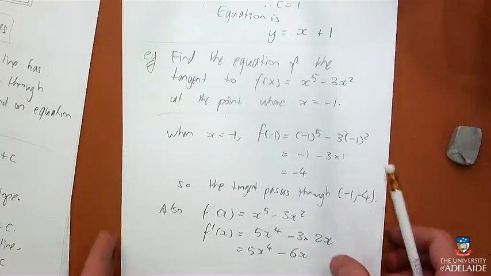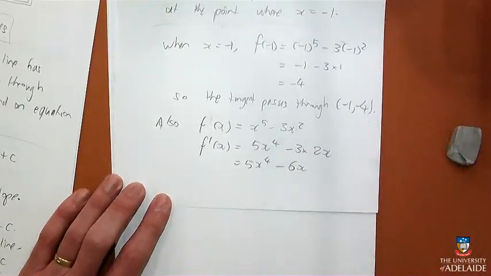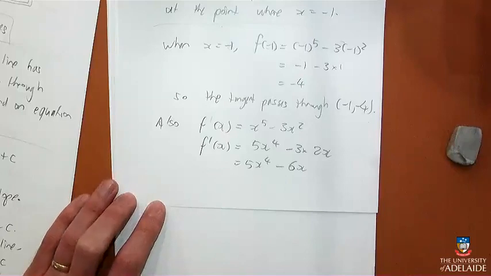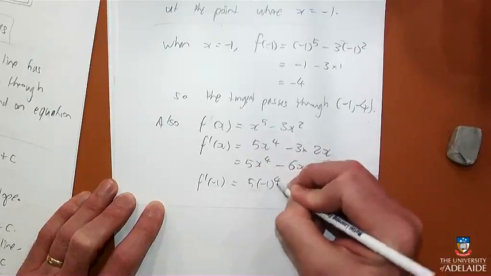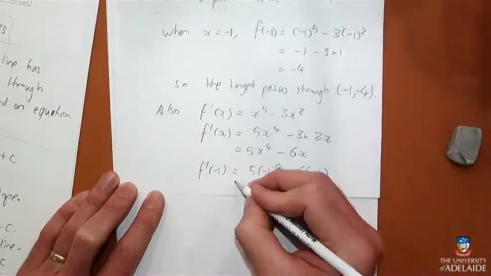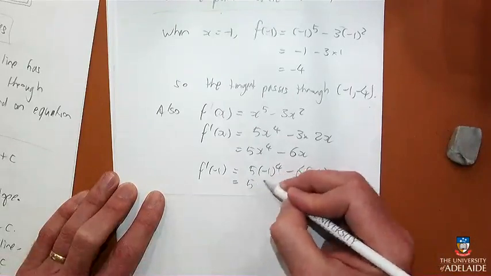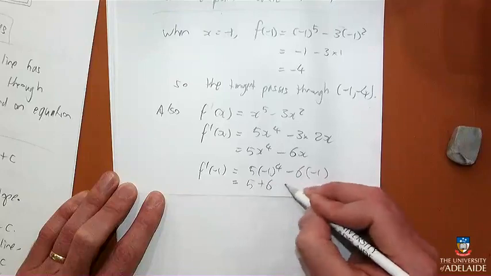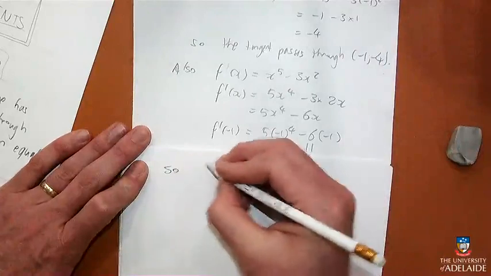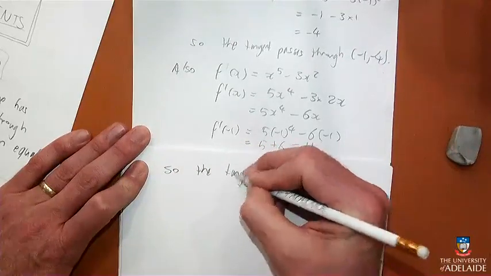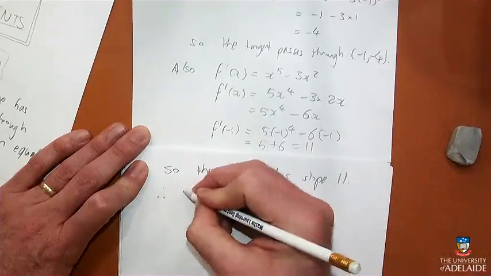Okay. And so f dashed x, if we sub in the minus 1, that'll tell us what the slope is. Now, f dashed of minus 1 would be 5 times minus 1 to the 4 minus 6 times minus 1, which is, well, minus 1 to the 4 is just 1, and so that's 5, and 6 times minus 1 is minus 6, so minus minus 6 gives plus 6, and so we get 11. So the tangent has slope 11, therefore the equation,